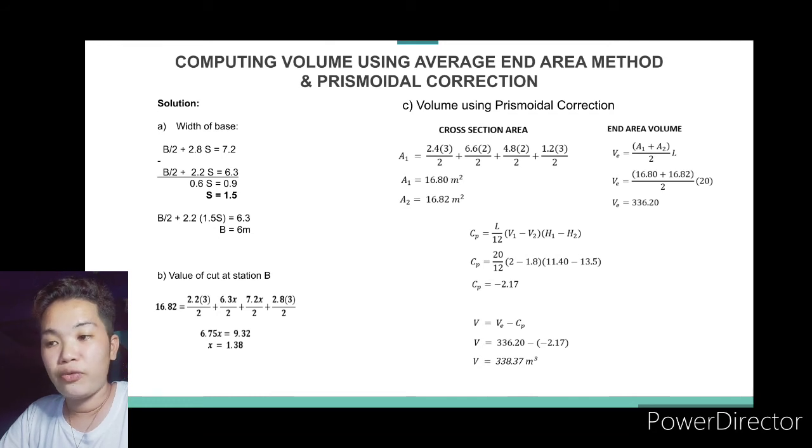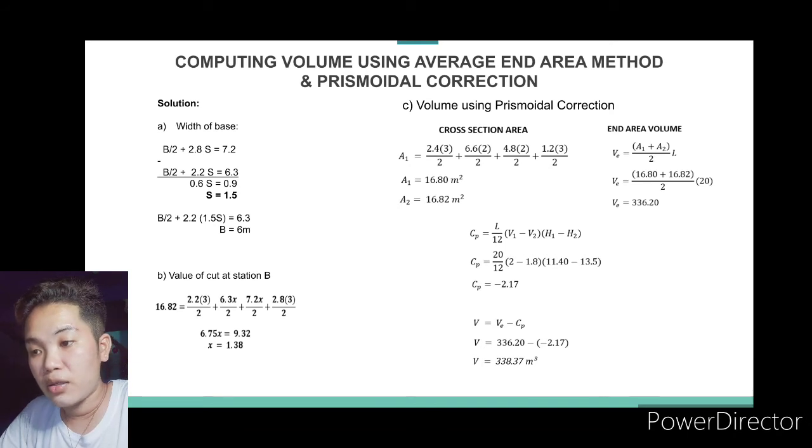And for section 4, the base is 3 and the height is 2.8. So solving for x, we arrive at the answer of 1.38. X is equivalent to 1.38. For the next question, we are asked to compute the volume using prismoidal correction. So using the cross-section area,